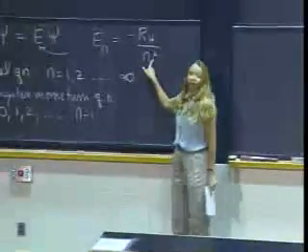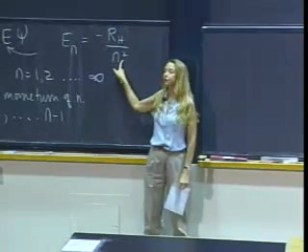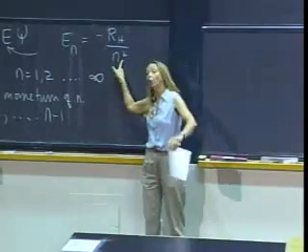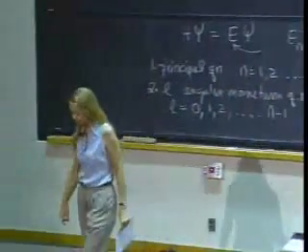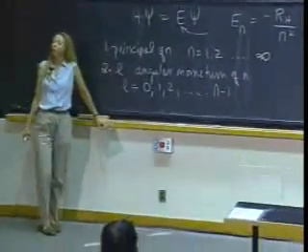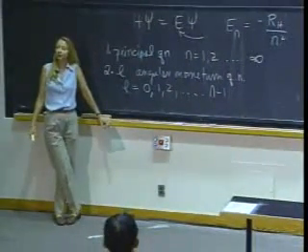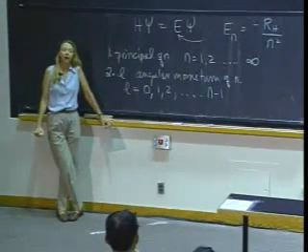Well, notice that only the principal quantum number tells you about the binding energy. It tells you about the total energy of this electron interacting with the nucleus. Whereas the quantum number L, the angular momentum quantum number, determines how much angular momentum the electron